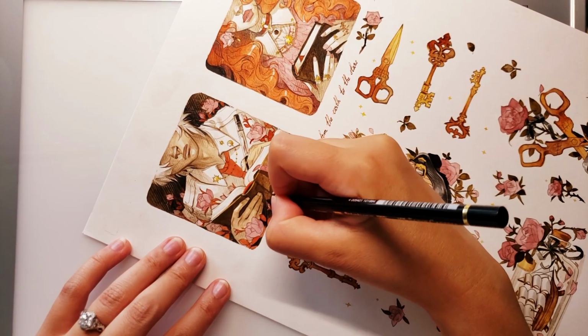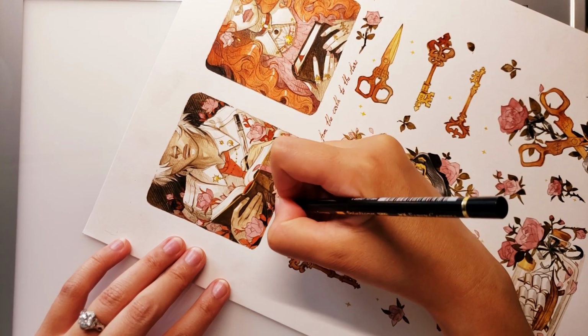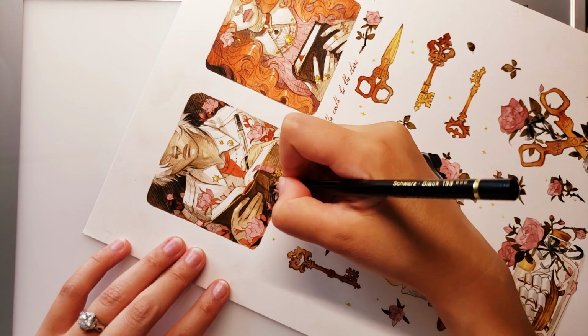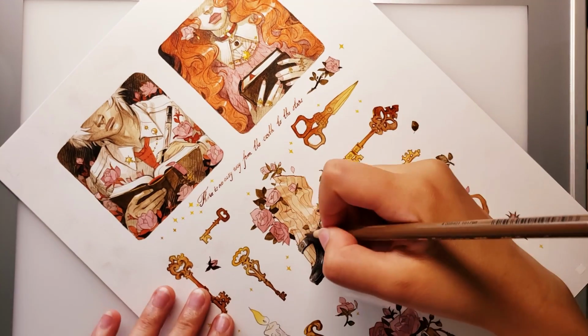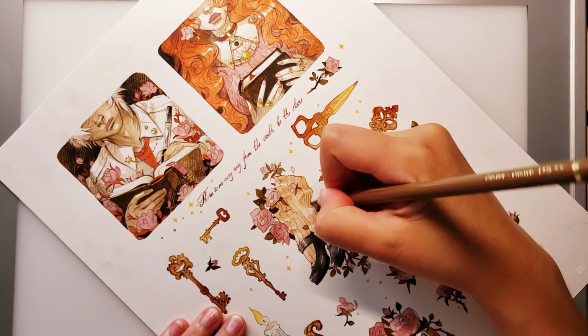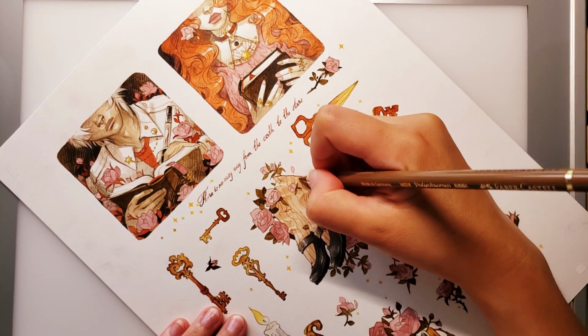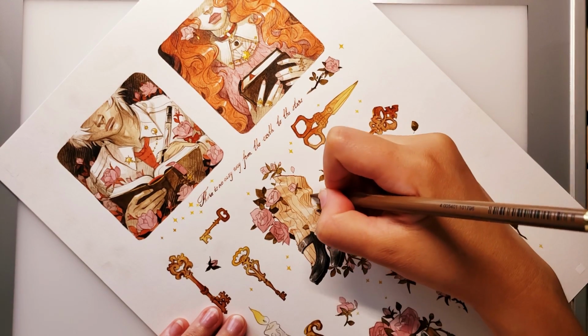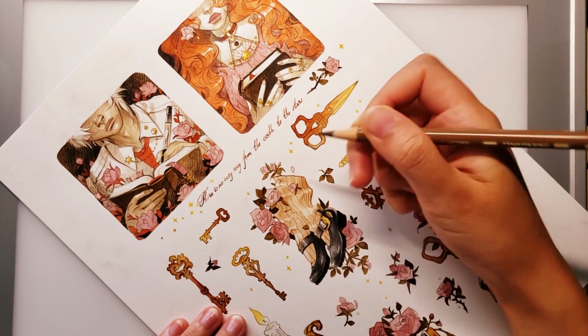But for this particular decision, or to go with this look, it is really important to pay attention, and you actually have to pause and make sure that the hatching is in the exact same direction as everywhere else in the illustration. And yeah, sometimes I just get it slightly wrong and it's really irritating, but overall I think